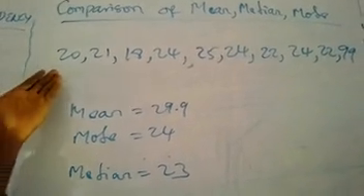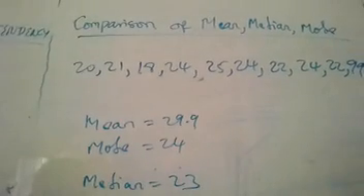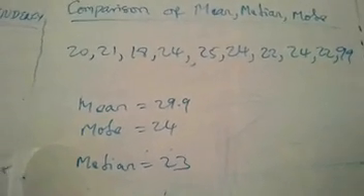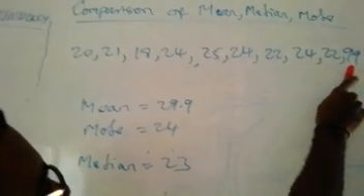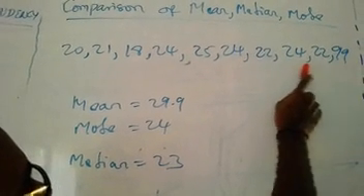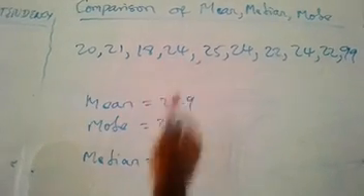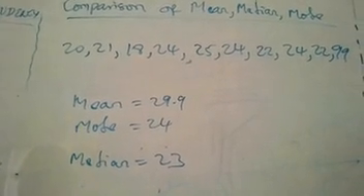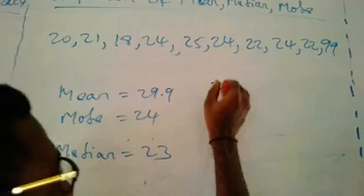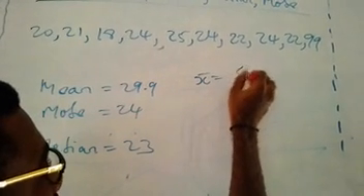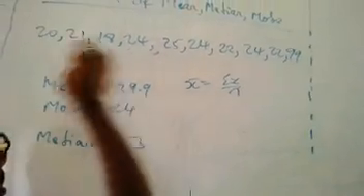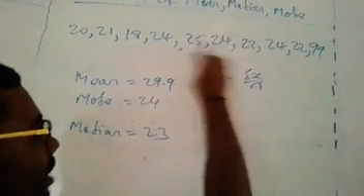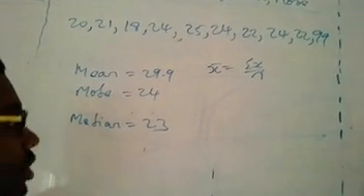Now let's look at this example. Let's say in a class of 10 students that have these scores in a particular subject, you will notice that one of these scores is far away from the rest, 99. The rest are 20, 20, 20 something, and then even 18. So if you use the mean, x bar, which is the sum of x over n, that is summing all these up and dividing by the number, which is 10. When you do that, you will be getting